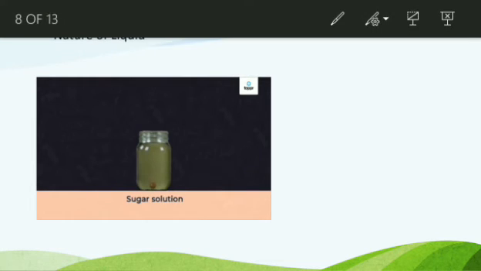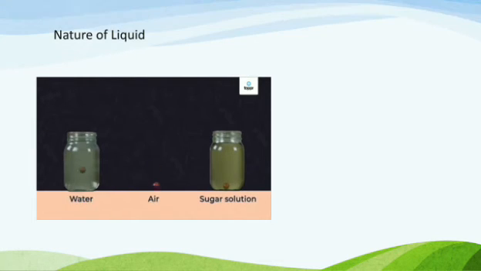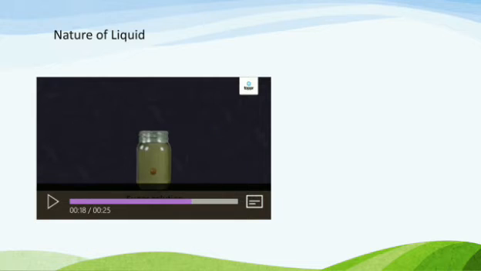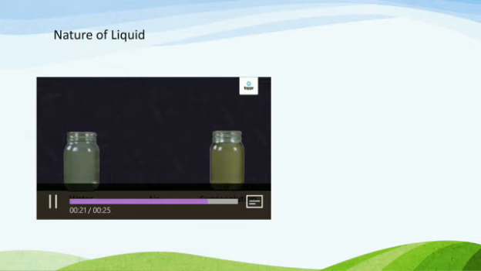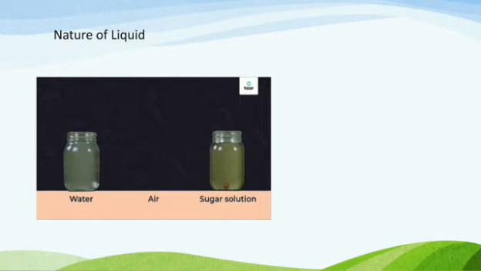Why has this happened? It is because the sugar solution applies more friction on the ball. So the ball slows down when it passes through the sugar solution.